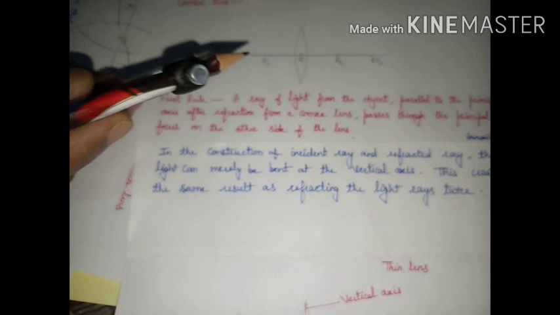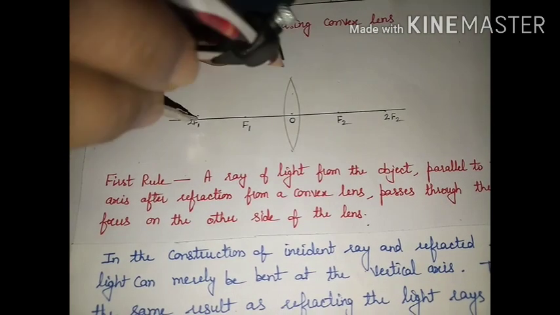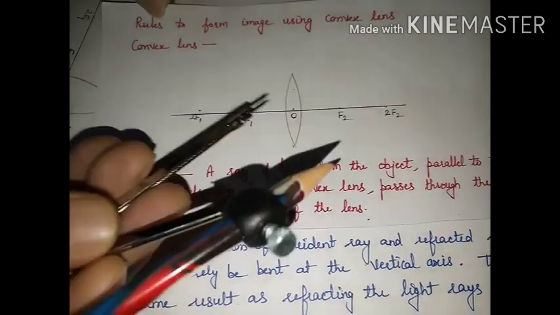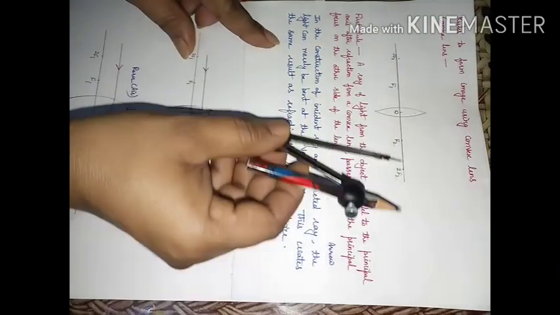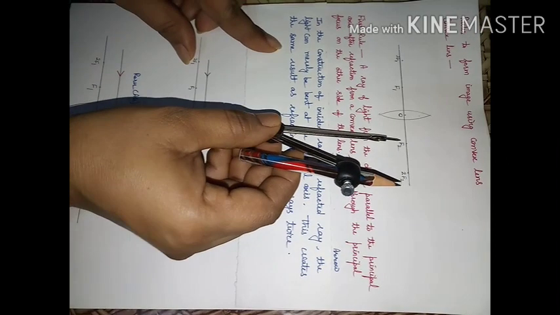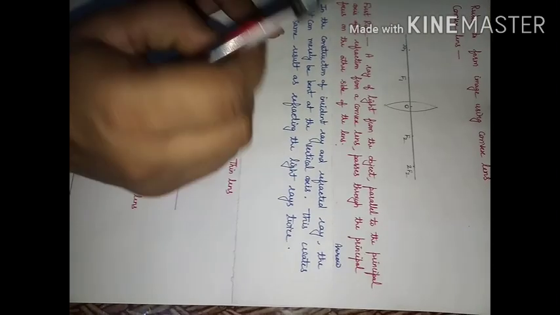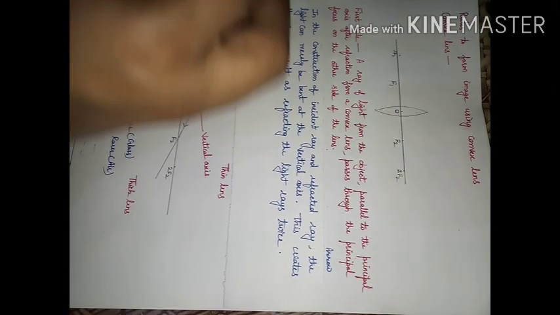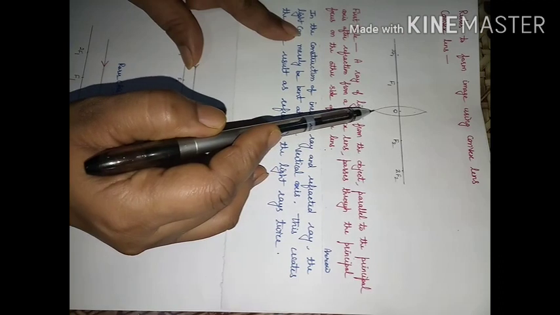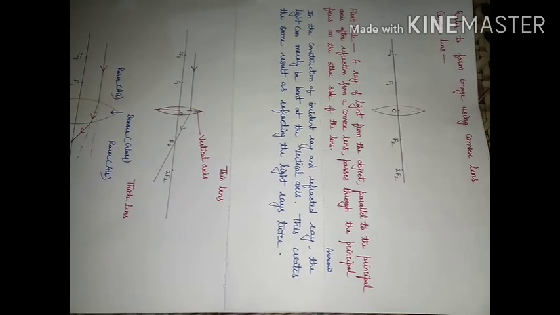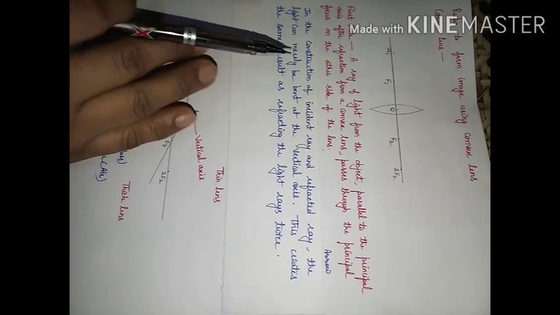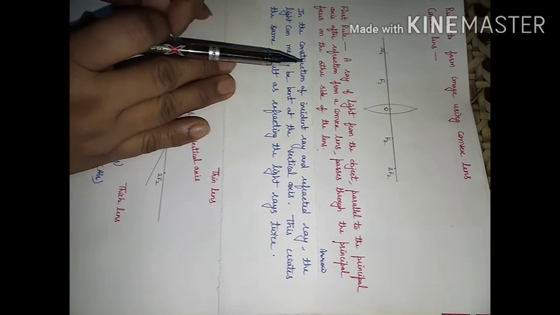Similarly, from this side you will consider as a center, and you will draw arc like this. So this will give you thin convex lens. I hope how to draw convex lens is clear to you. This is going to be principal axis on which focus, center of curvature of these curved surfaces, and optical center is going to lie. And this vertical line joining this point with this will be known as vertical axis.